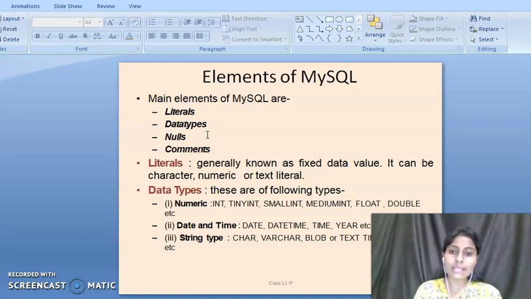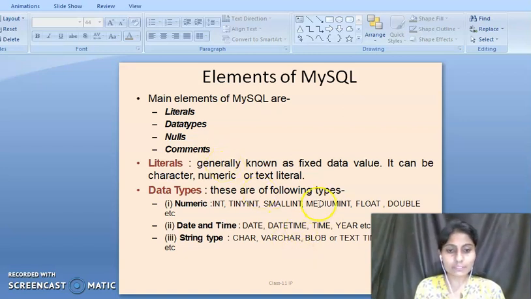Okay, if we assign the data type int to any column, then it means that column can contain only integer values in itself, and if we allot the char data type to a specific column, then it means that column can contain only character type values in itself. So the type of value a column can contain, that's known as the data type of that column.